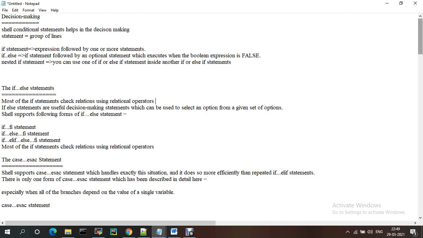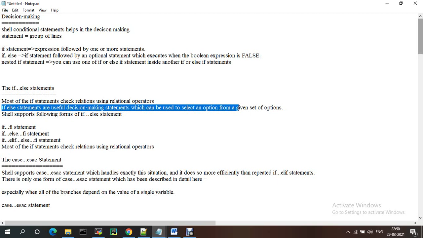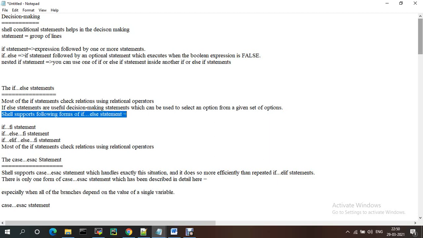If else statements are useful decision making statements which can be used to select an option from a given set of options. Shell supports the following: if, then fi to close the if, which is the opposite of if, and if elif else.